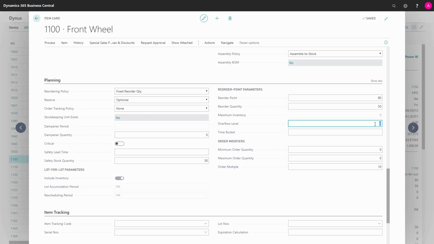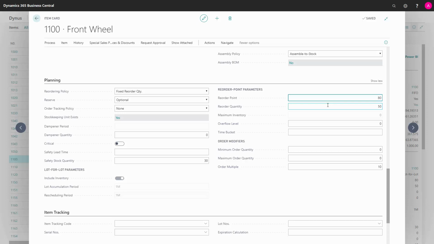And again, this is about not creating too many planning lines in the planning journals, but make things a little more simple. The time bucket you can set up is default 1 week, but you can set something else here if you want to, and it makes a time period that the planning is bucketed into. So if you use reorder point parameters, meaning fixed reorder quantity or max order quantity, by bundling the buckets together at, for instance, every Monday, the calculation gets a little more simple and you won't have so many changes in the journals. Again, the reorder parameters is meant to keep things a little more simple.